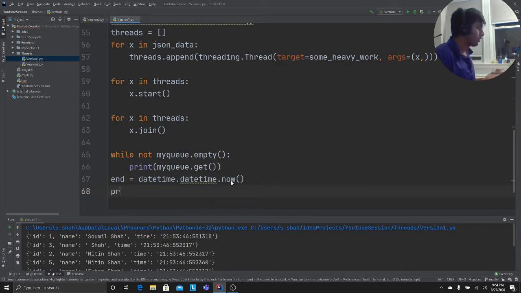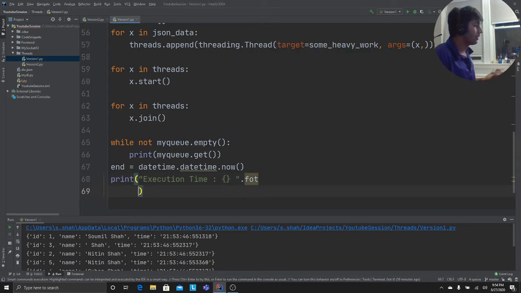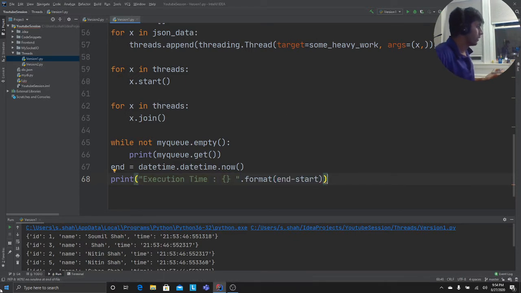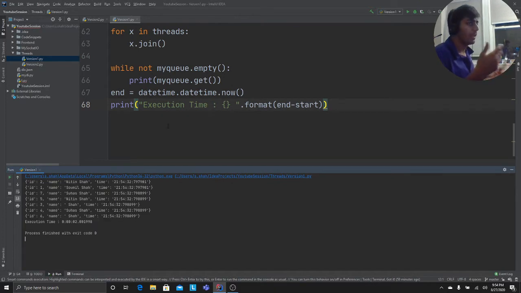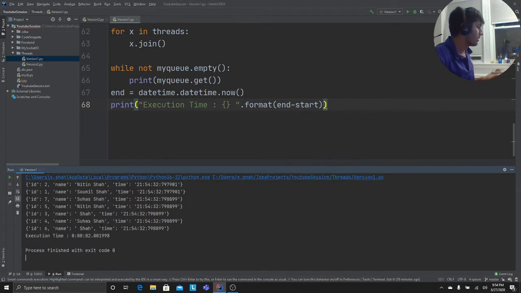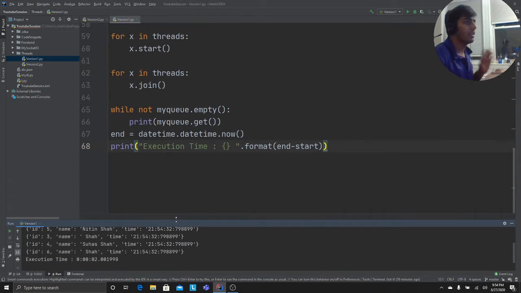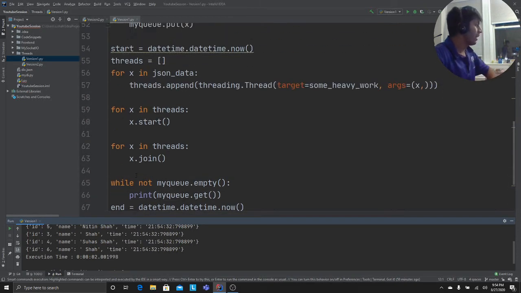I'm just going to print the execution time with datetime.now. You always want to write asynchronous code. Remember that, you don't want to write synchronous code, right? In industry, everyone needs things to be fast. So if I run this, ideally each document takes 2 seconds. For 7 documents it takes 14 seconds, but with threading we started them at the same time, so ideally it completes in 2 seconds. It's pretty amazing.